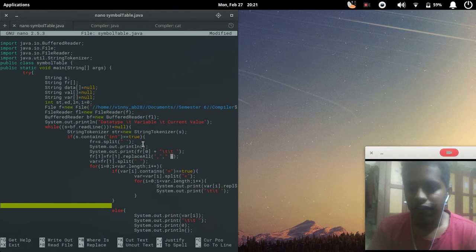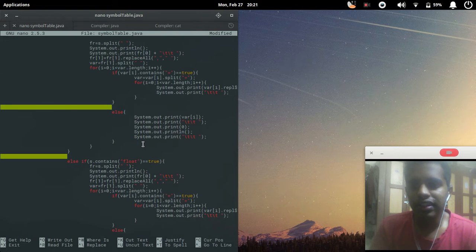Then fr1 will have, imagine, int a, b, c = 50. There might be commas, so there might be three variables there. If I use s.split, it might read as a single variable "a,b,c". So I replace all the commas by a space, so that they are separated by a space. Now I gather each value from fr1 and split them according to the space. Now each variable is stored in a variable array. Now if the variable array length is greater than 0,